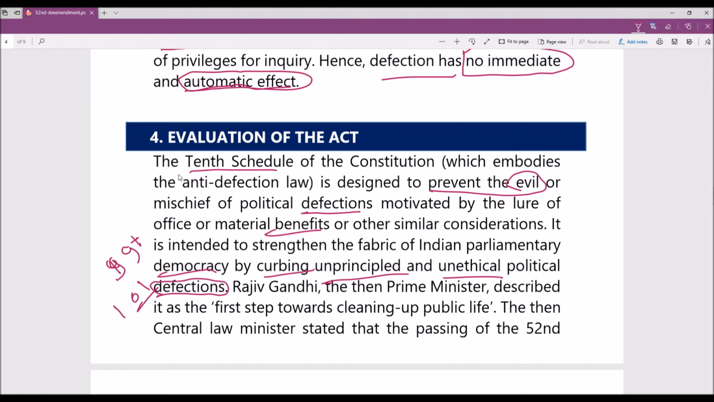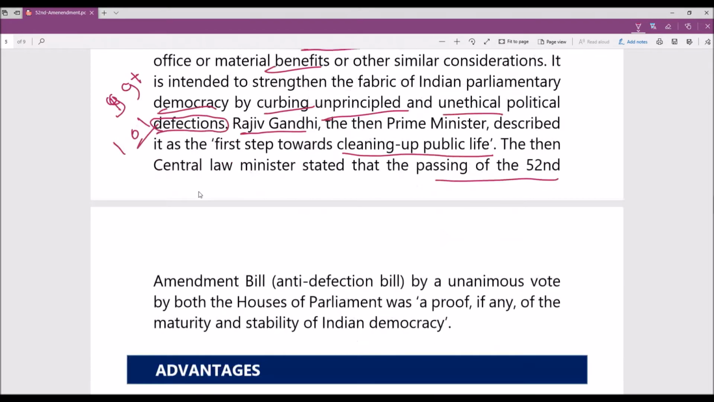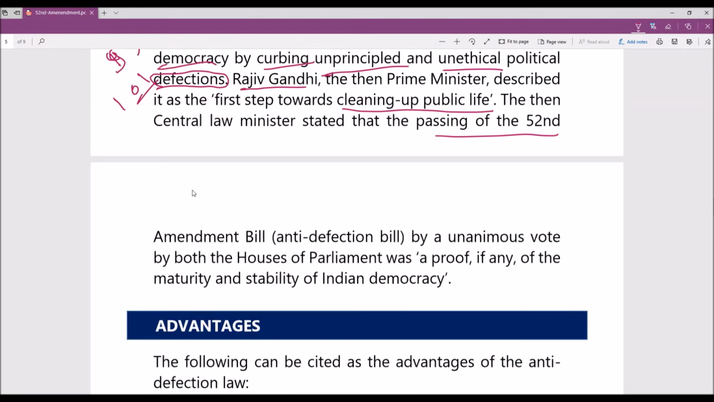This is what Rajiv Gandhi said after passing the 10th Schedule. The then Prime Minister described it as the first step towards cleaning up public life. This anti-defection law, or the 10th Schedule, was brought in for cleaning up public life so that MLAs behave ethically, but really, do they? I don't think so. Then the Central Minister of Law stated, on passing this 52nd Amendment Bill, or Anti-Defection Bill,